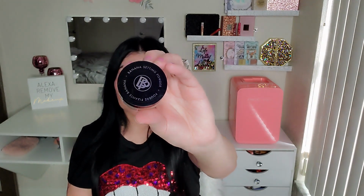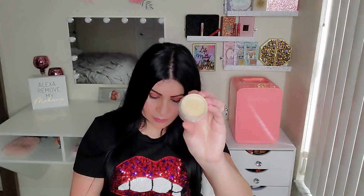So my first item, guys, is going to be this right here. So this is a banana setting powder. It's a double. No, it doesn't say double. It says a different language. Who knows? Okay. It has like a plastic there, so I'm not going to be able to open it. But that's what it looks like inside. I don't think it has any color. I guess it's just the banana setting powder. It's what it is. So this one, guys,